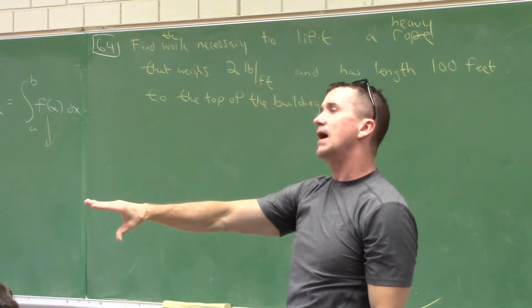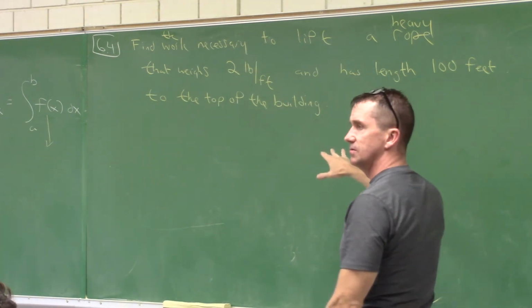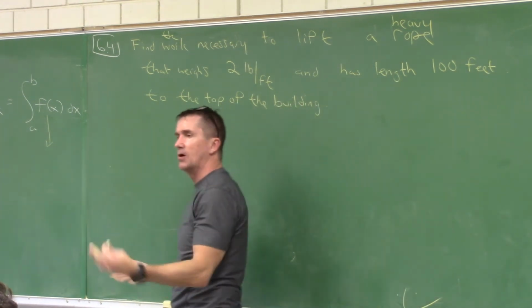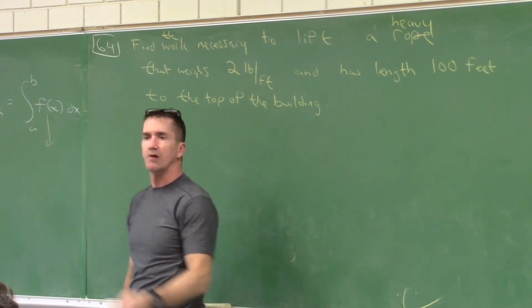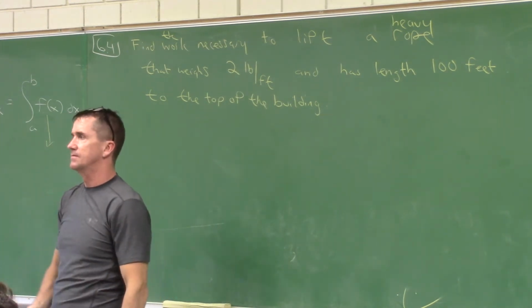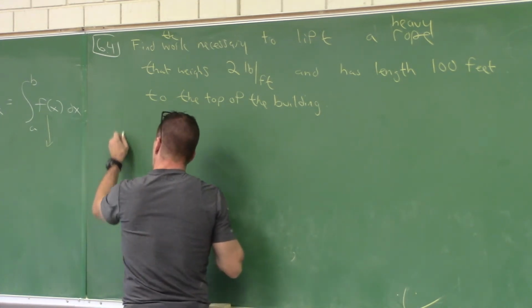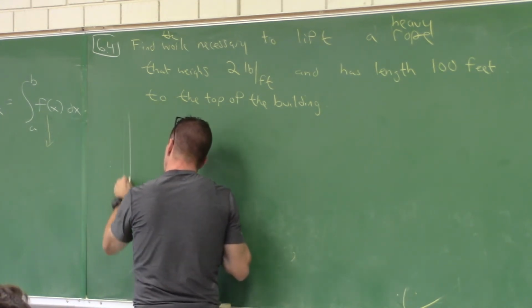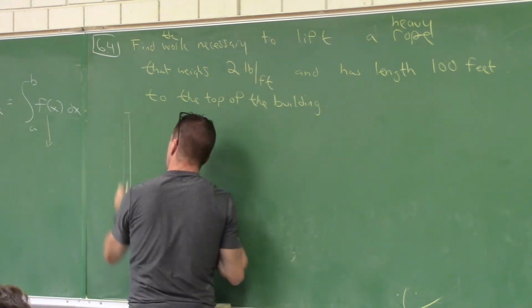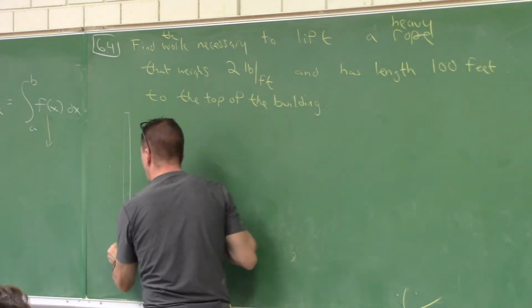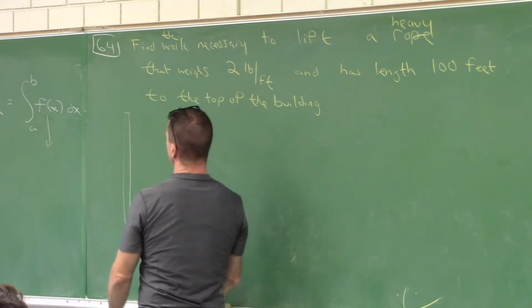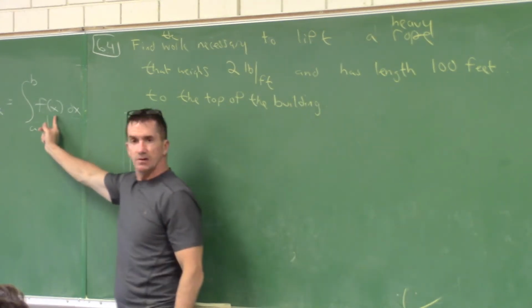But you're not going to put that 500 anywhere in your mathematics, true? That's just indicating that no part of this rope was lying on the ground as we were pulling this up. This rope's just dangling off the roof. Here it is. Here's that rope. There it is. And how long is this rope? It's really long, but it's 100 feet in length. So the first thing we have to do, or we're about to do,